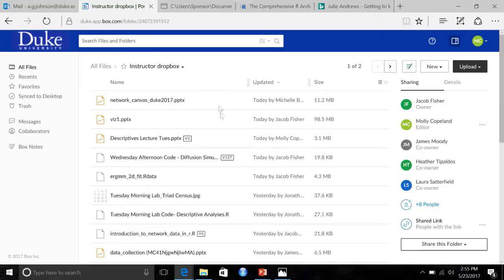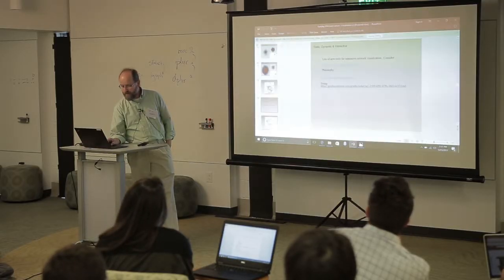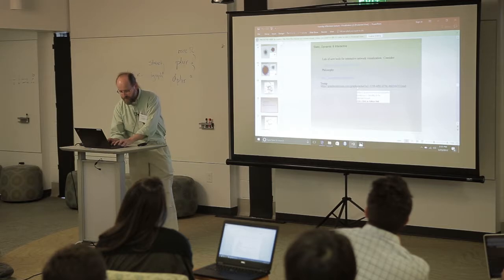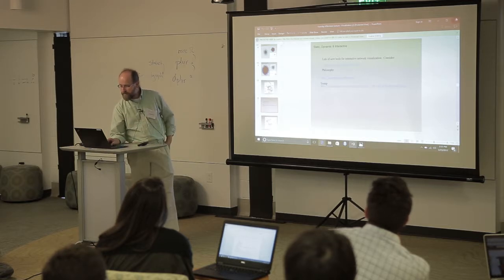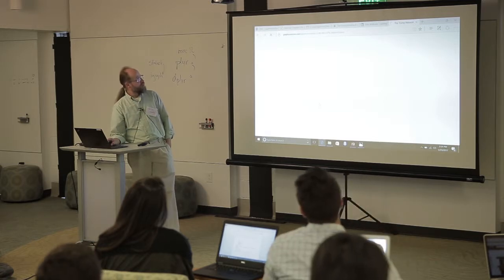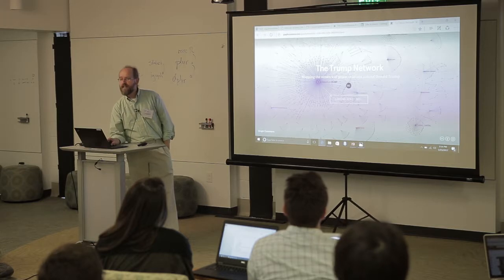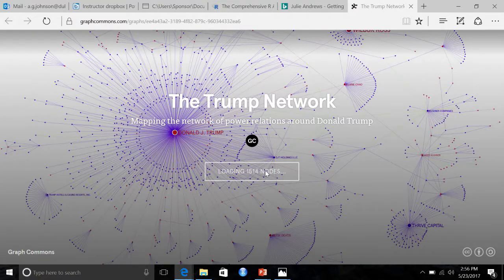And for those of us in the room that would really like to convince ourselves that all the conspiracy theories we think about Trump are true, I highly recommend this website, which will take a moment to load. This is an interactive graph of all of Trump's connections and business ties in the world. It goes on forever, and you can link through and convince yourself that the end of the world is in fact nigh. So I'll leave that to the slides for those of you who want to play with it.